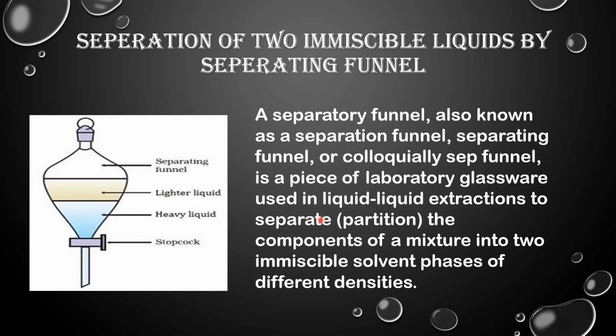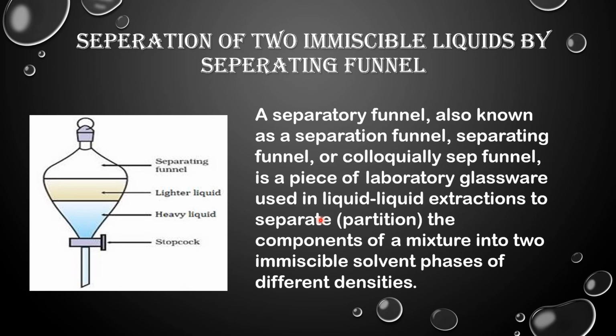The mixture of two immiscible liquids is taken into a separating funnel. Separating funnels of different shapes. The two liquids of the mixture form two distinct layers. The heavier liquid forms the lower layer and the lighter liquid forms the upper layer. The heavier liquid is collected in a beaker by operating the stopcock. Now another beaker is placed under the funnel to collect the lighter layer.